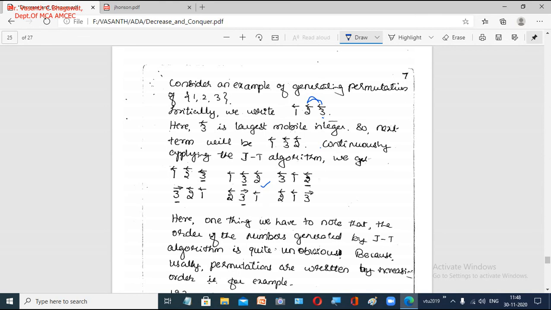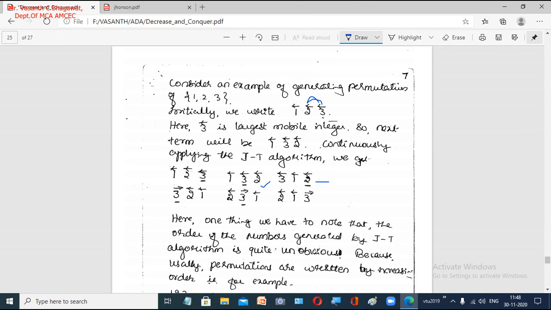Now you are going to have another important step. Once you interchange 2 and 1, in between we get an intermediate step. What that step looks like is that you have the number 3, and the direction in which 3 is pointing is in this direction, and 2 is here and 1 is here, like this.